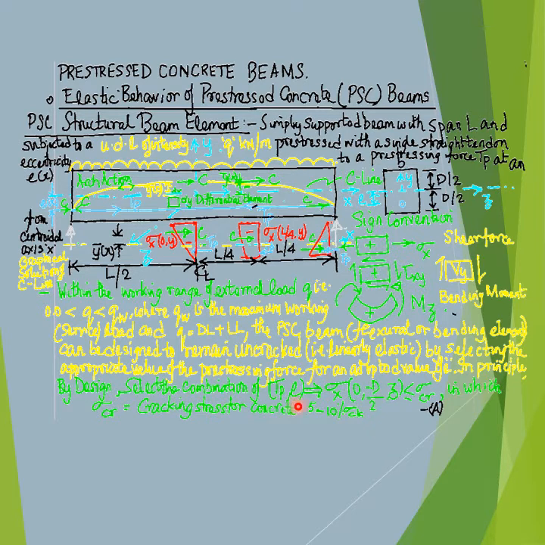And the constant eccentricity, that is the eccentricity of the pre-stressing tendon or pre-stressing cable, which is uniform or constant along the span of the pre-stressed concrete beam, since the pre-stressing tendon or the cable has a straight profile,